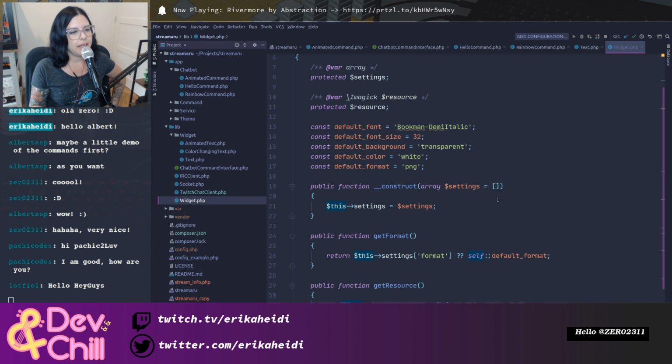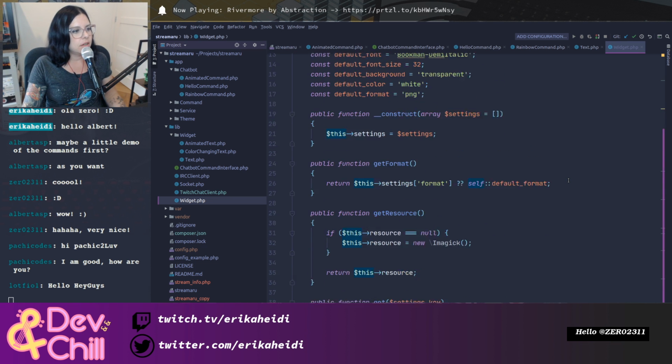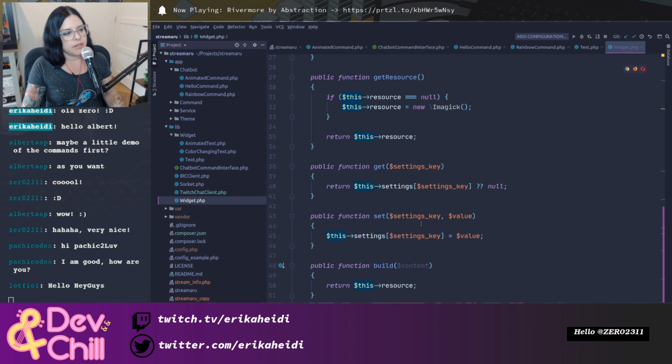You might have text in a little frame, or a photo with a frame on top of it, or various layers to create a resulting image that forms a widget. But they all have things in common. They have, for instance, the file to output. This needs to be saved to a file. So I have some basic methods here